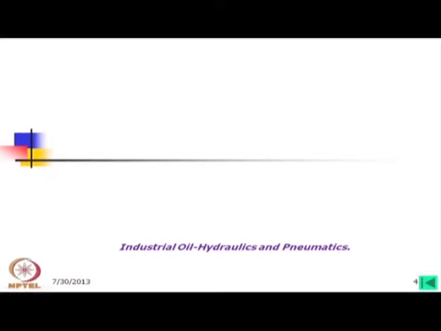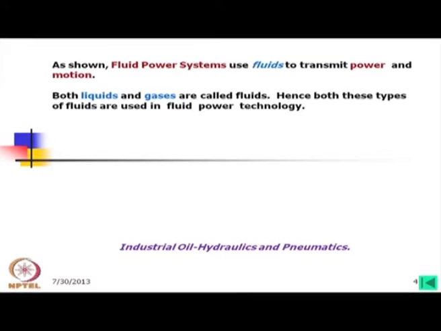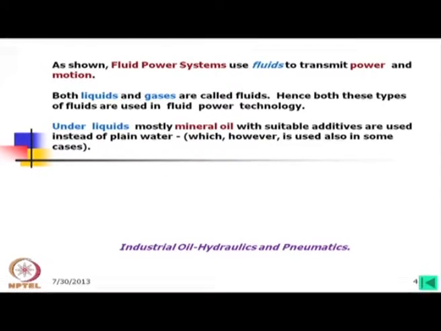Now, if we look into the industrial oil hydraulics and pneumatics, then why it is called like this? First of all, as shown in this diagram, fluid power systems use fluids to transmit power and motion, that we have seen. Both liquids and gases are called fluid. Hence, both these types of fluids are used in fluid power technology. Under liquids, mostly mineral oils with suitable additives,